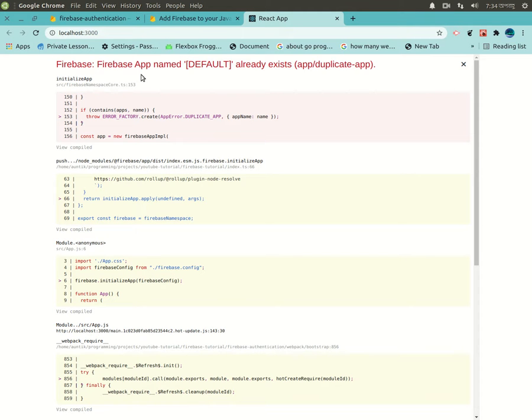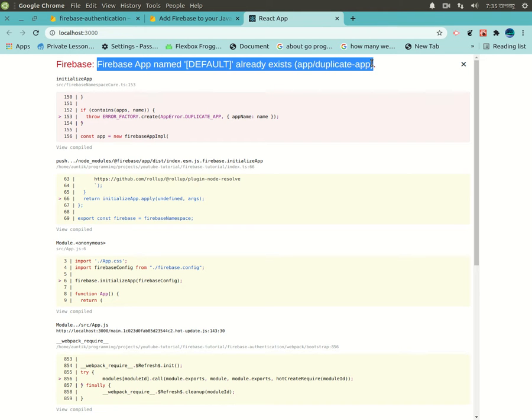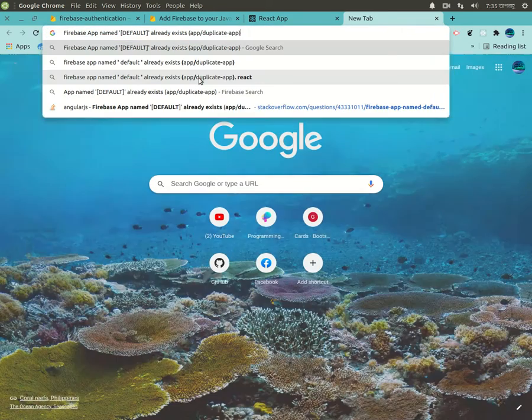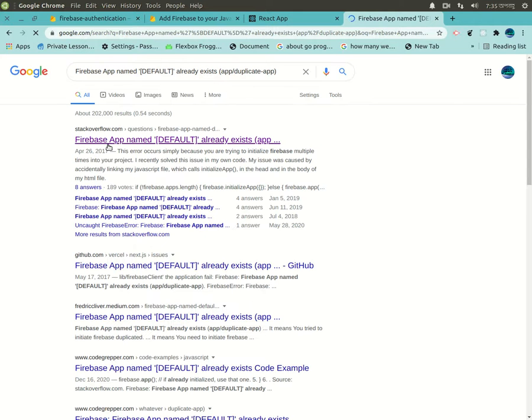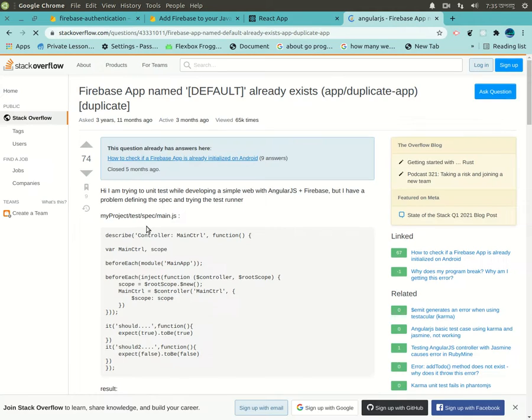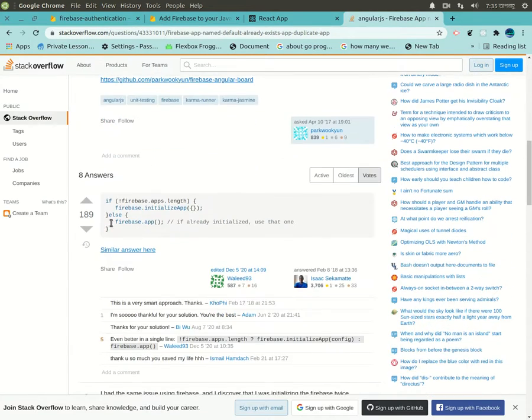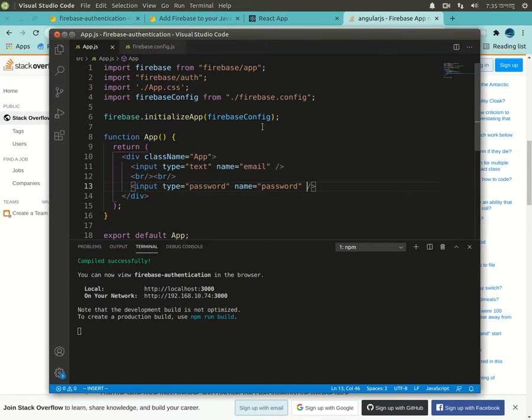Oh, there is an error. Oh, I understand that. So there's the Firebase app named default already exists. So if you copy that line and paste it in the Google search bar, you'll get so many answers, but I'm gonna get the answer from Stack Overflow. So yeah, that one is the answer. So I just want to copy that, copy, and replace that text,